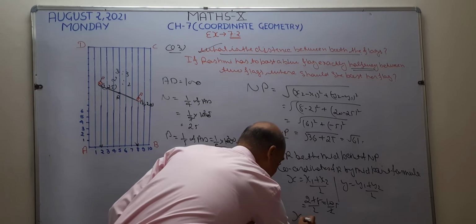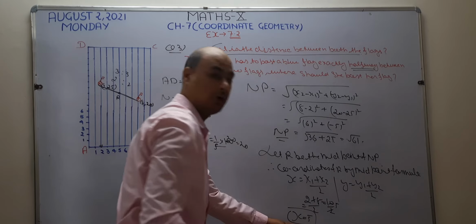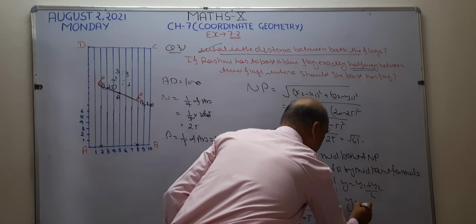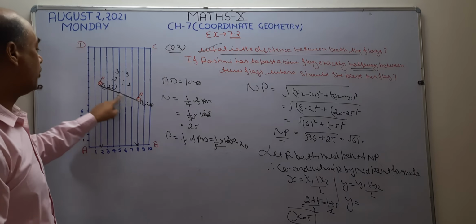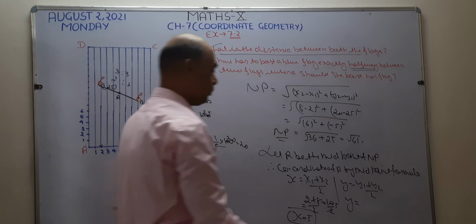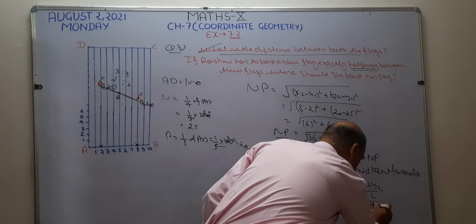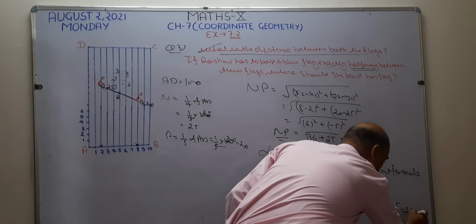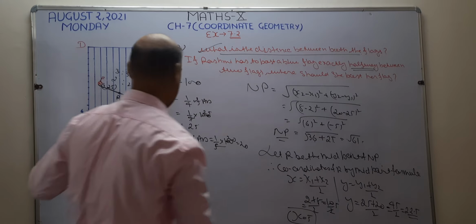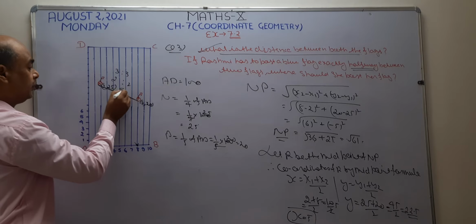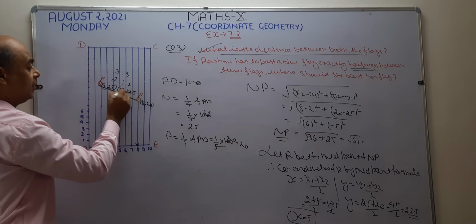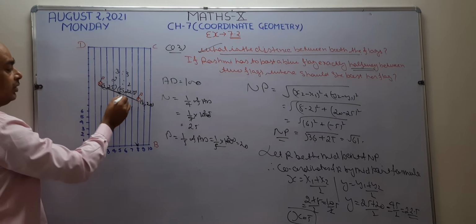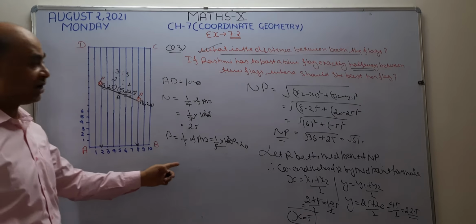So Rashmi is going to run in the fifth line. Okay, x means she is going to run in the fifth line. Now how much distance is she going to cover? So y1 is 25, y2 is 20. So right here, 25 plus 20, upon 2, becomes 45 by 2. 45 by 2, you know, is 22.5. It means Rashmi is going to run in the fifth line and she is going to post her flag at the distance of 22.5 meters of AD. This is the answer of this question. I hope it is clear now.